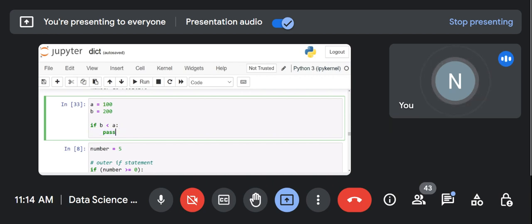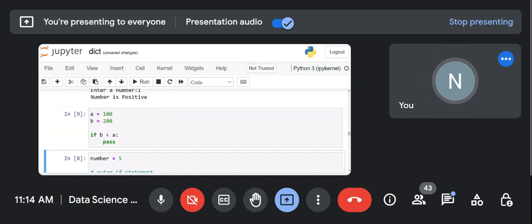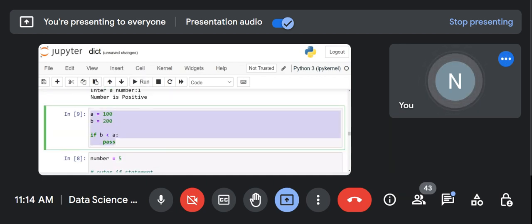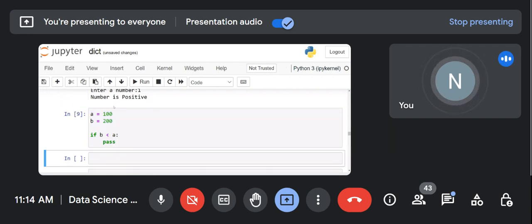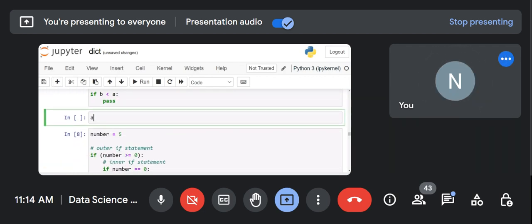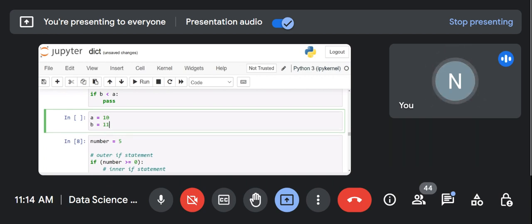So for that specific reason, in order to avoid the errors, you can use a keyword pass. So if b is less than a, then pass. If I run this code, it will work. Nothing will happen. And if I perform the same operation, if I say a equal to 10, b equal to 11, if I say